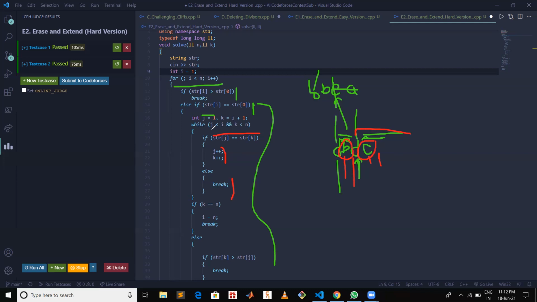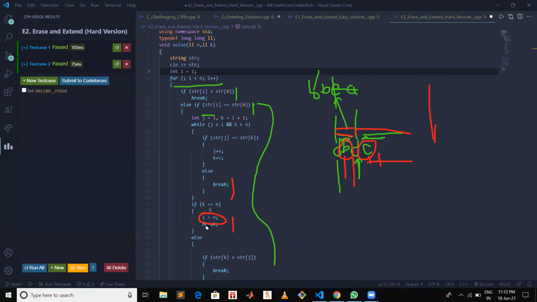Okay, so here we are iterating while j is less than this one, since we have to just check for this first part, and we are also checking if k is not getting out of limit. Okay, so after this loop got break, we will check if k crossed our size of the string. In that case, it simply means that we didn't find any character which was greater than these characters. So we will put our I at the end, since we don't need to chop any part of the string, and we will break finally from the complete loop.